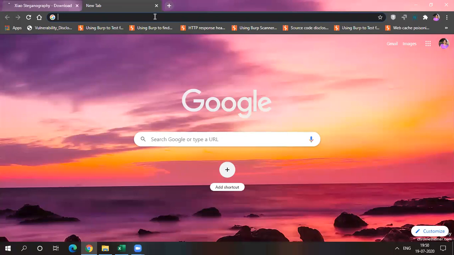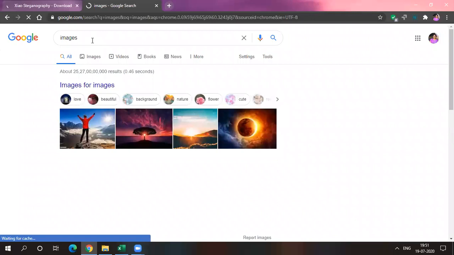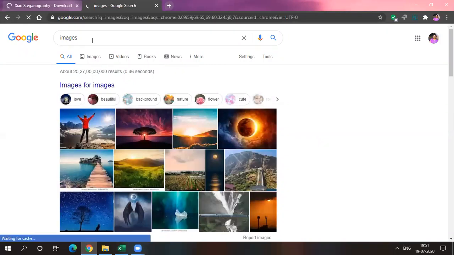Okay, let's start. First we need to download one JPG image, right? You can select your own images also, but it should be in the form of a JPG or BMP image for the ZIO steganography tool. If we are using steganography without a tool, in the command prompt, then you need only PNG or JPG image formats. No need to convert into another form of images, right?